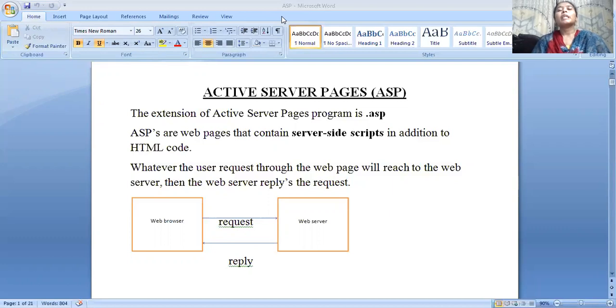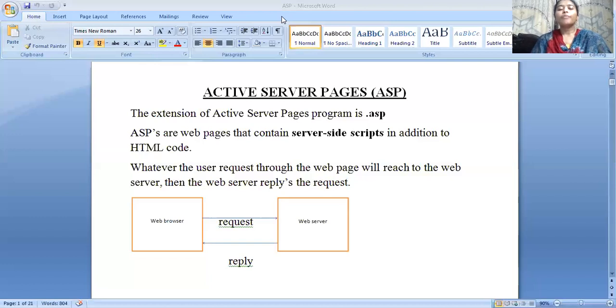The ASP pages are browser independent, so a web page with the .asp extension can be viewed by all browsers. Here we use the IIS package, that is Internet Information Services, which passes the request to the ASP engine. The ASP engine reads the ASP file line by line and executes the script in the file.